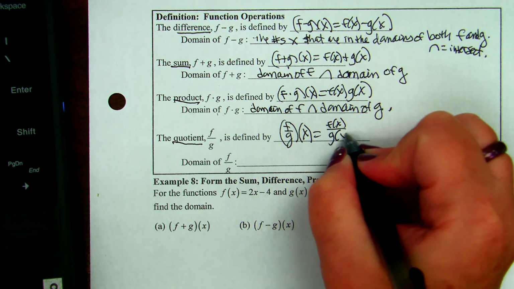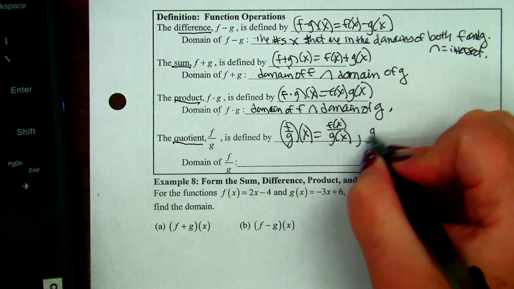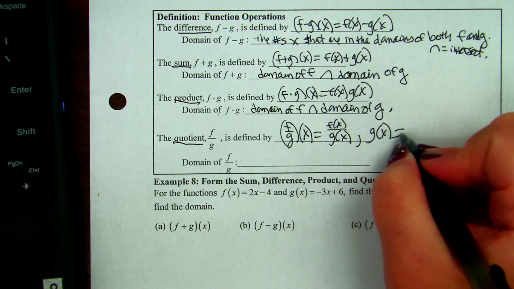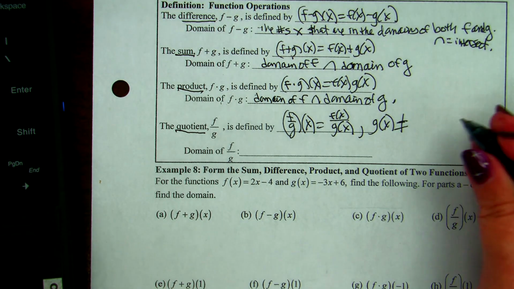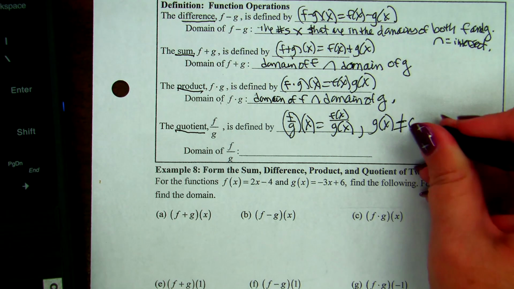And then the quotient, f over g of x equals f of x over g of x. What's true about g of x? It can't be equal to what? 0. So the domain of f over g of x is the numbers x